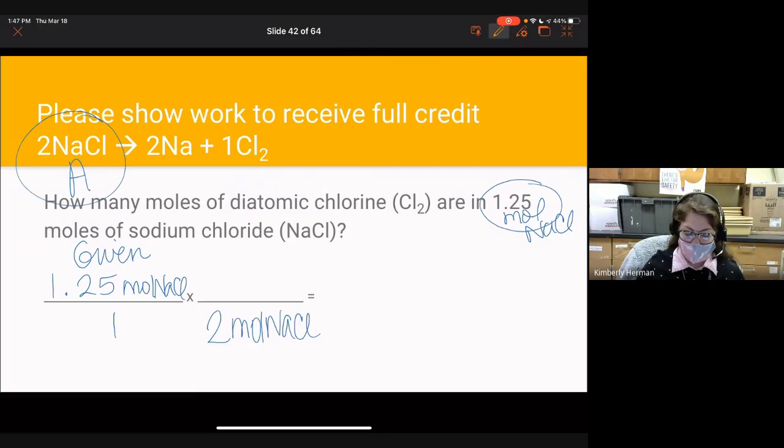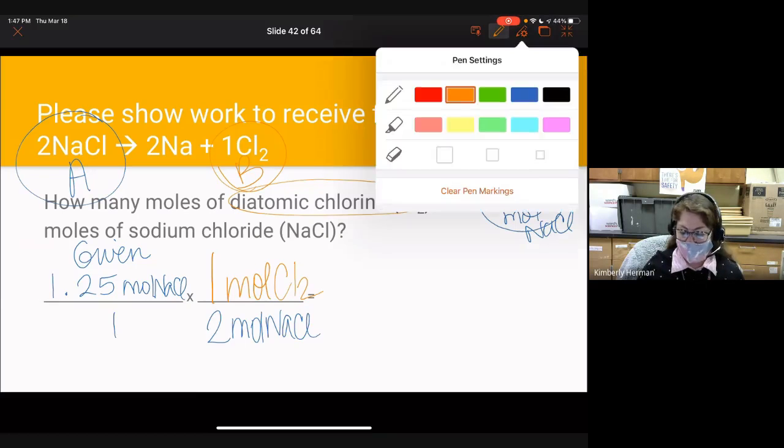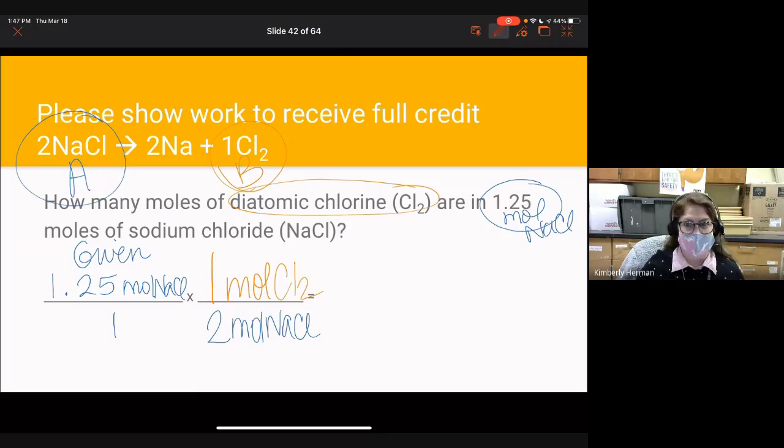And then we're going to look for our B. We're looking for how many moles of that diatomic chlorine. We're going to write 1 mole on top for that Cl2. So we made it to the end of this mole to mole. So we'll notice that mole and mole will cancel out, and we'll get 1.25 on the top, and we'll get